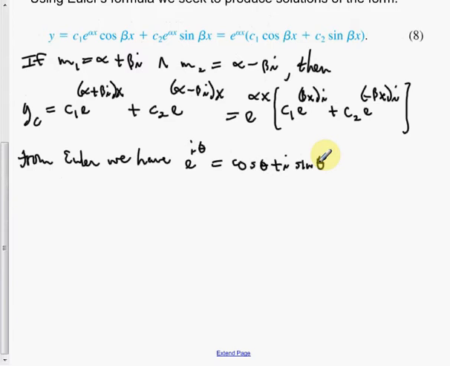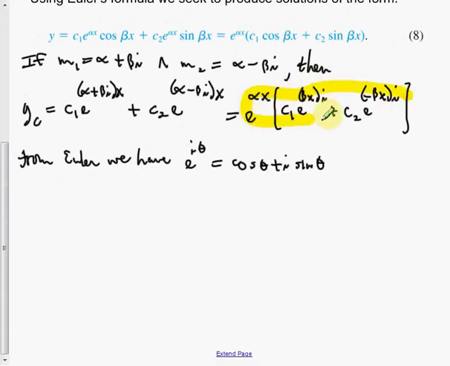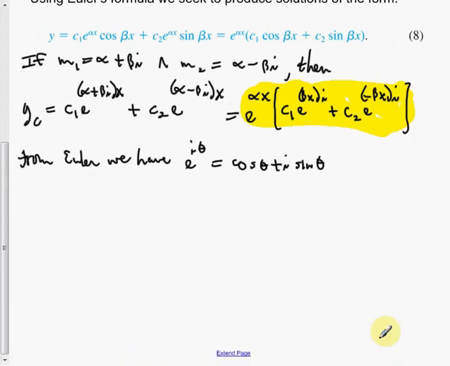And using that, I want to be able to write this equation using Euler's formula. In particular, especially the parts that are e to some term times i. That's the part that we're concerned with. And so we say that this implies then